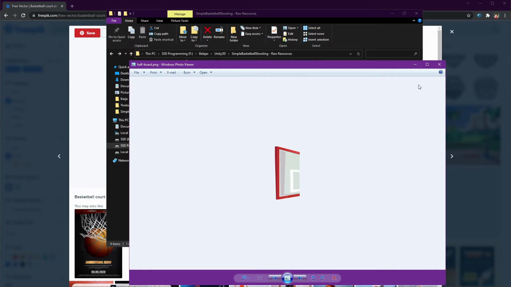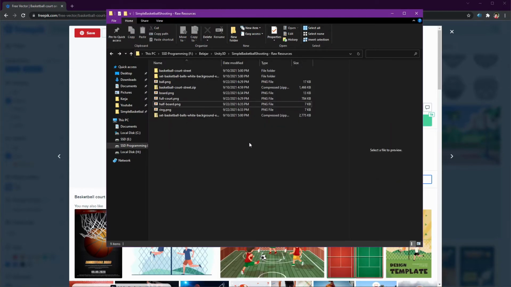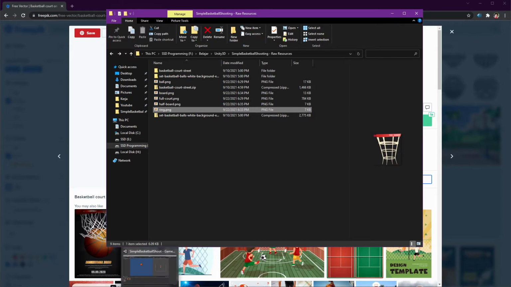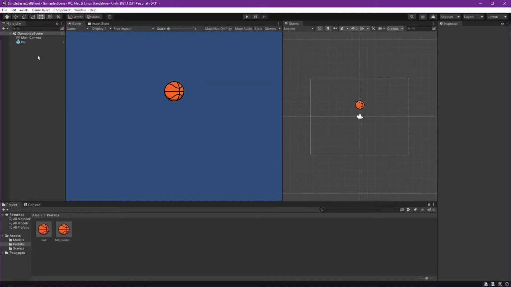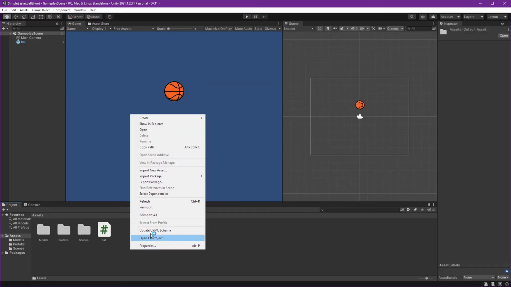You can cut it using any software you want. I'm using Affinity Designer because it's cheap and one-time payment. That's it for the assets. Now we can import it into the Unity project. Let's open our current project, this one, and create a folder,